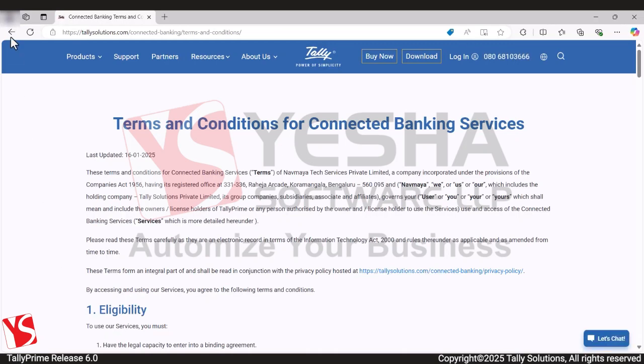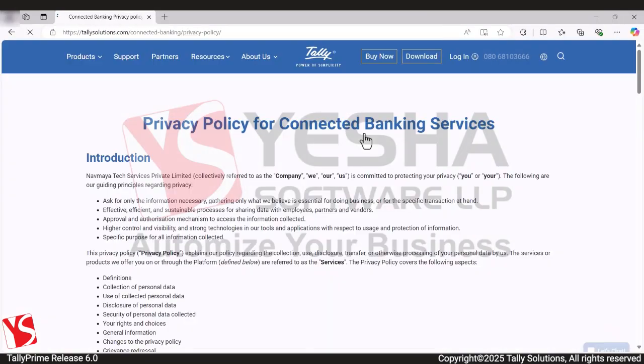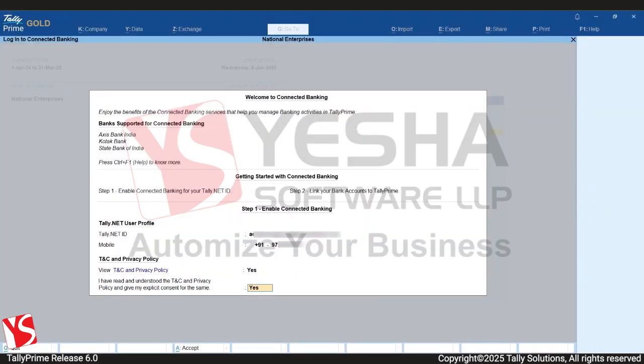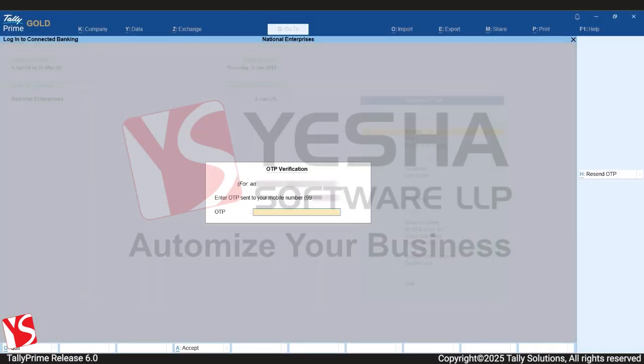Once you have read them, you can switch to Tally Prime. You can then accept the terms and conditions and privacy policy. An OTP will be sent to the mobile number linked with the Tally.net ID. Enter the OTP to log into Connected Banking.